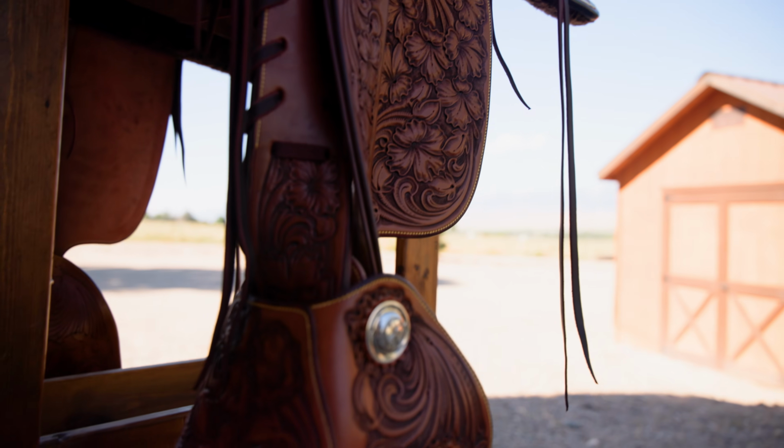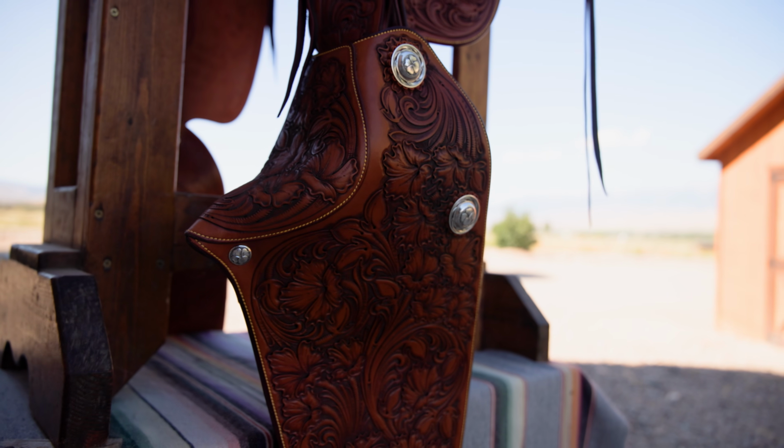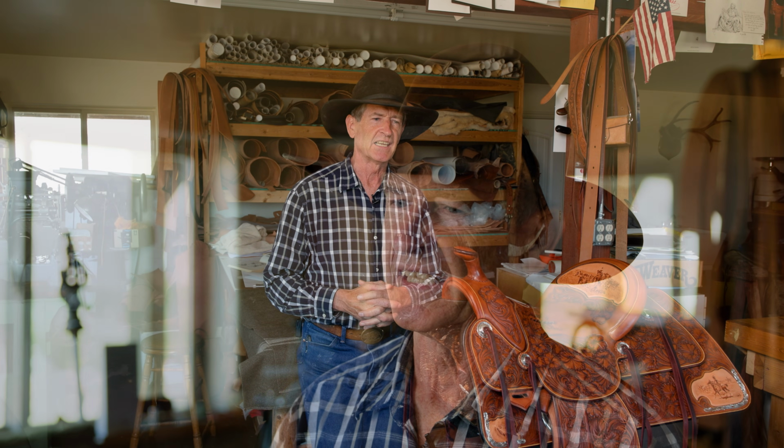I knew that I was going to come up with what I thought was some kind of cool flower carving and different features that way, but the truth be told, after I got started on the saddle, the muse showed up, as it were. I got to thinking, okay, I've got the back of the cantle, I've got to design something in here. What am I going to put in here? And it was a Monday morning, I'll never forget it, and I just started rattling around in my head some of the themes that could work for us. And usually, you put a silver concho or some sort of centerpiece in the middle of the cantle back, and